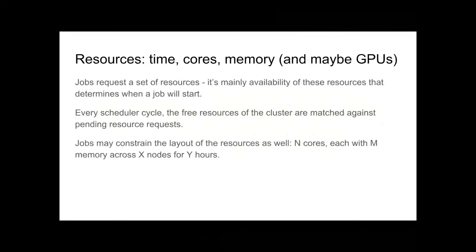So every scheduler cycle, the scheduler examines all the queued jobs. Actually, it doesn't examine all of them. It examines the jobs in their priority order, and I'll mention priority later. So it starts at the highest priority jobs and continues for a while. It doesn't actually guarantee that it will examine every job every cycle. So if you have a low priority job, there's actually a good chance that it won't be examined all the time. And this can affect how